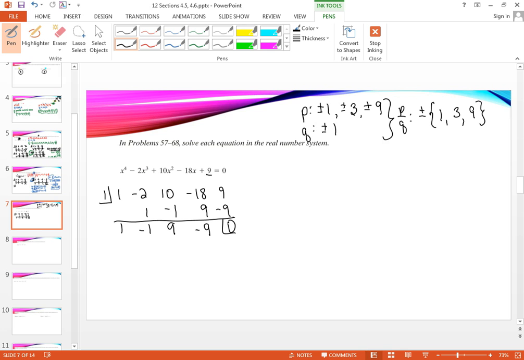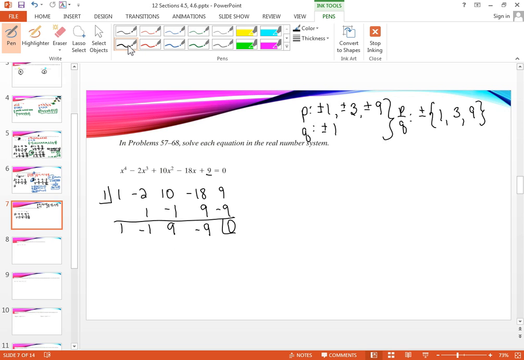Okay, 0. Woo, yay. Okay, so what that says to me is I know that 1 is a real 0. But it won't do me any good to stop right here and say x cubed minus x squared plus 9x minus 9, because I don't know what to do with that. So I'm not even going to stop yet. Okay? I'm not going to stop using the rational zero theorem until I am sure I've got it down to a quadratic. Okay? So now your choices go on to negative 1, 3, negative 3, 9, negative 9, or